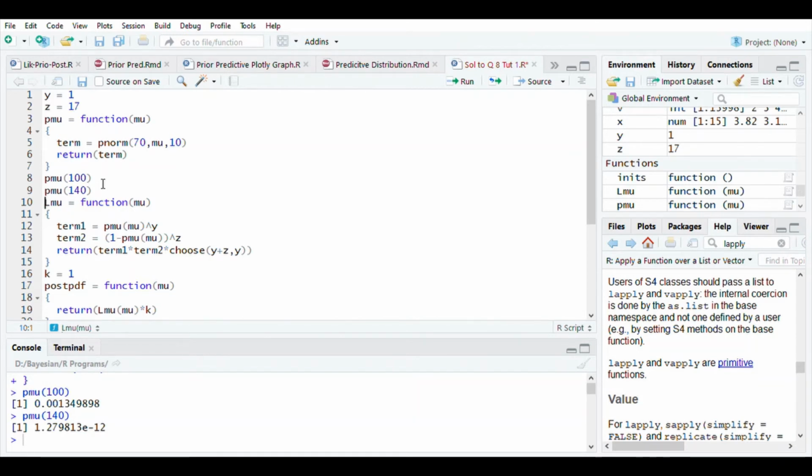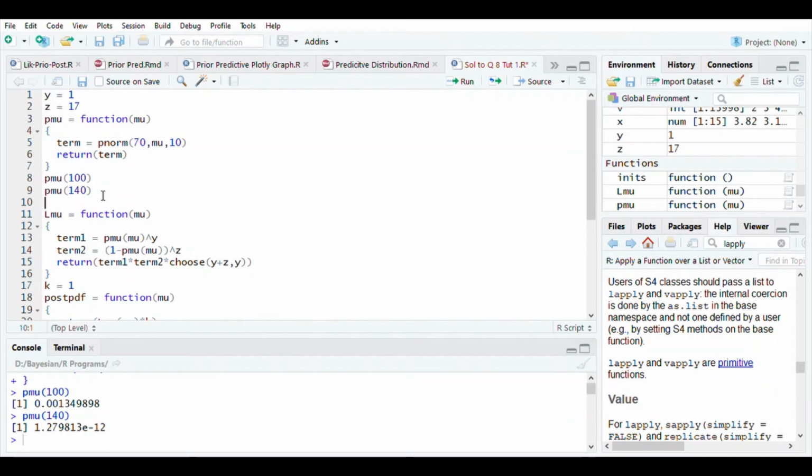Now you can notice that if I take the mean to be a lesser value, say around 80, let us see. The chances that the speed will be less than 70 increase significantly. Okay, so this was just a trial. I was just checking whether the function p(mu) is working properly or not.